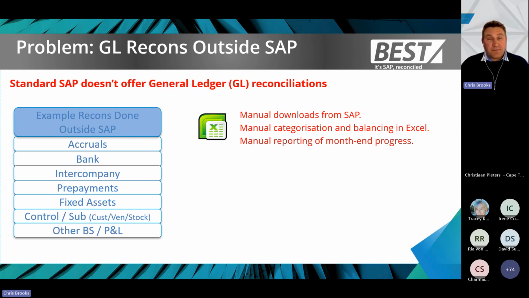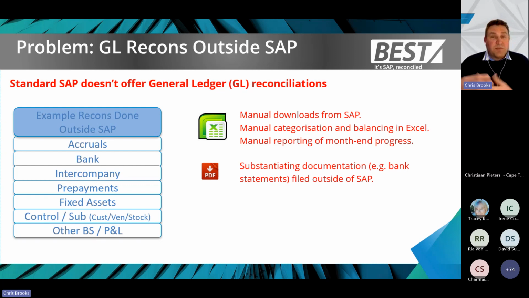line item reports that are put into Excel, and that's where the reconciliation process starts. So there's perhaps manual categorization, balancing, notes that are made, and it's all done in Excel. And obviously this can be not only time consuming, but also error prone. There's no control over what can be added or changed, and it becomes out of date as soon as the transactional data in SAP changes. And now you have an external extract that's out of sync.